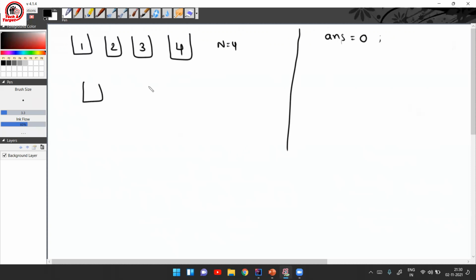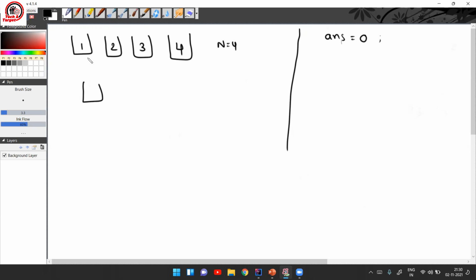Now, how do we do that? We take any 2 chocolate boxes, and we put the contents of both boxes into a single box. And the time taken will be the number of chocolates in box 1 plus the number of chocolates in box 2. If you add both of them, then you get the time required to put those chocolates in a single box.